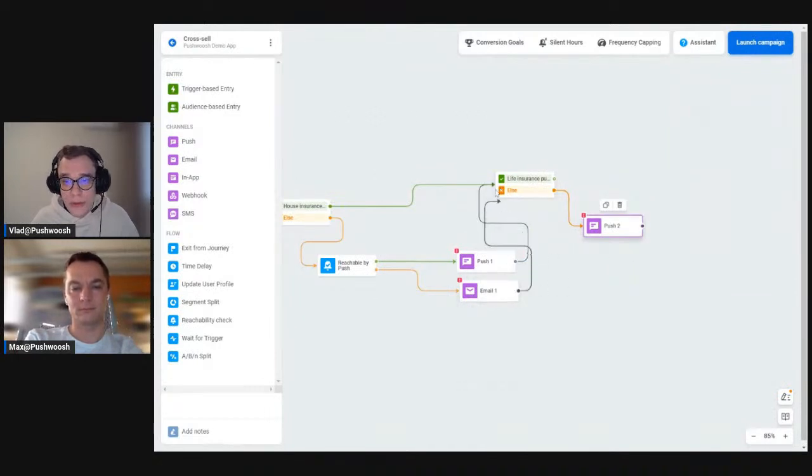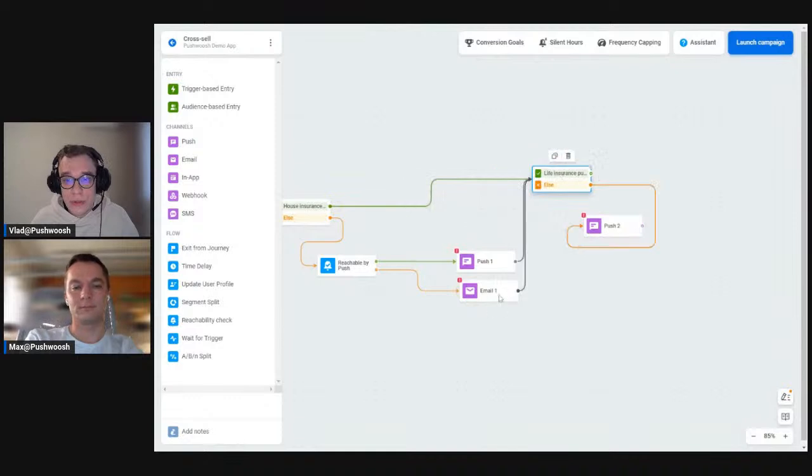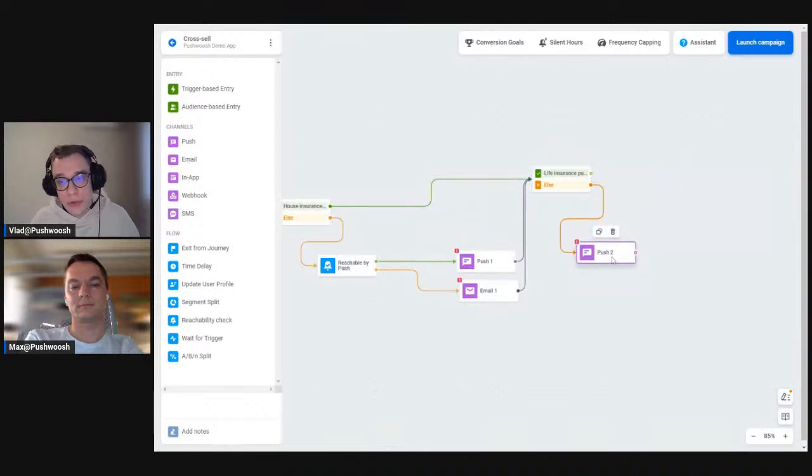And let's circle this out so that the users who we send a push notification or email to will also be inside this block, so that we will be sure if those users have their life insurance purchased as well, because if not, we still can communicate with them and provide them with the offer of life insurance.